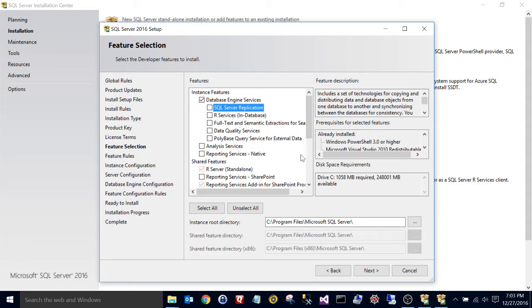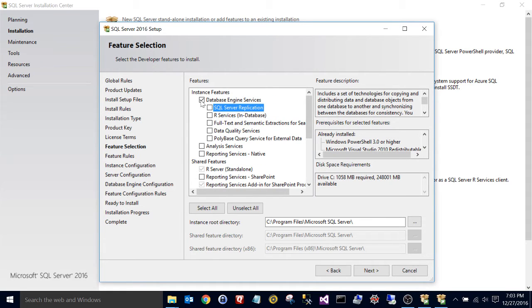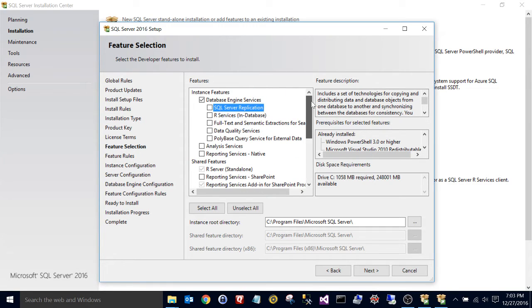Reporting Services, also very cool. Boss says I need a report. This is how he's going to get it. It's one way he can get it. There's a dozen other reporting tools out there. We're not putting that on either. So literally the only thing I've checked is the database engine, and that's what we care about. The SQL Server Agent that runs the jobs is coming with it, because this is the developer edition, not the Express edition. Keeping with the theory of making this a very default, very simple install,